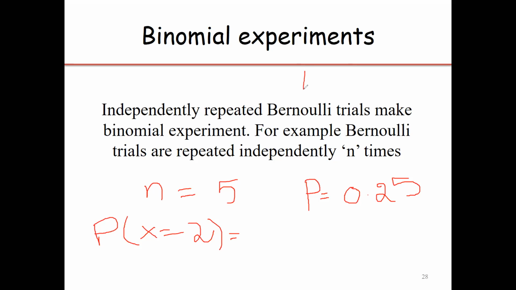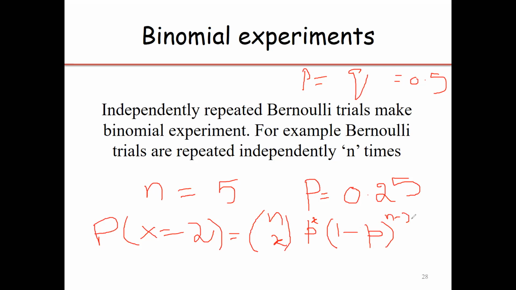But we are not saying that the probability of success and probability of failure are equal in number. That may be equal if the coin is unbiased or fair, which will be 0.5, but it is not the case in all situations of the binomial distribution. So this can be computed by the formula nCx, p raised to the power x, and (1 minus p) raised to the power n minus x. This is the function form of the binomial distribution.